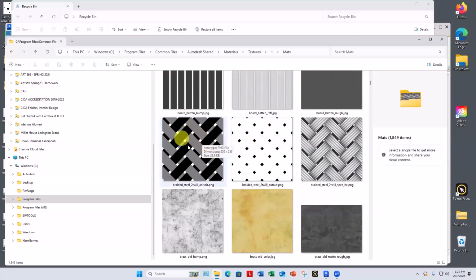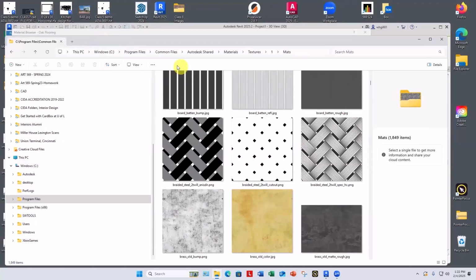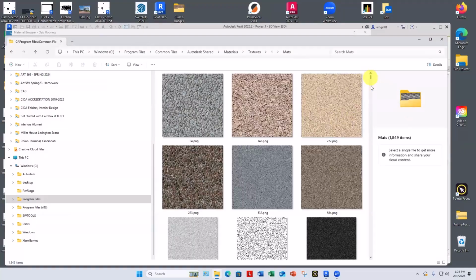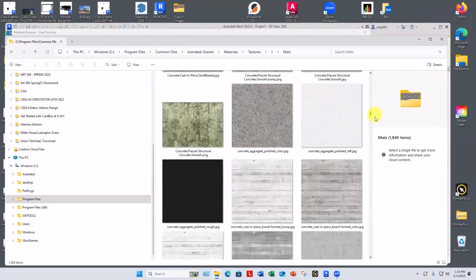Oh, that's an interesting one, where it's going to look like it's weaving. Anyway, say again. View. Anyway, that's where those are. Isn't that a nice one? Anyway,